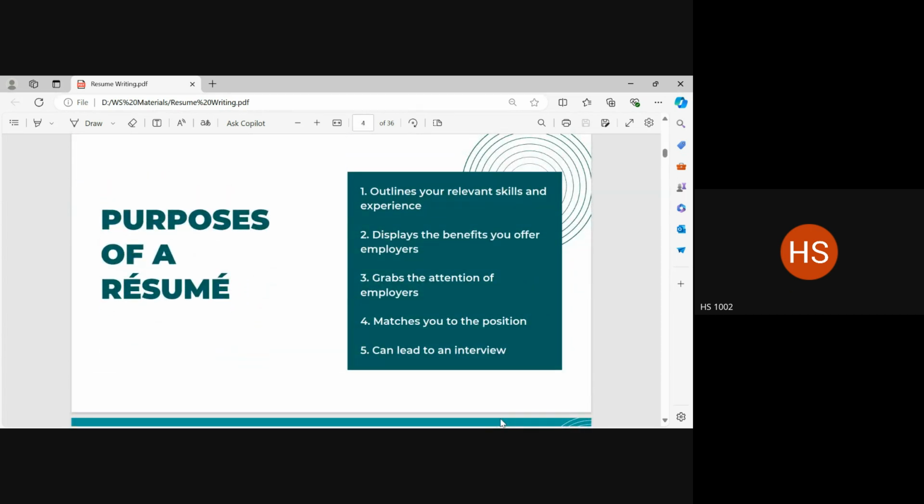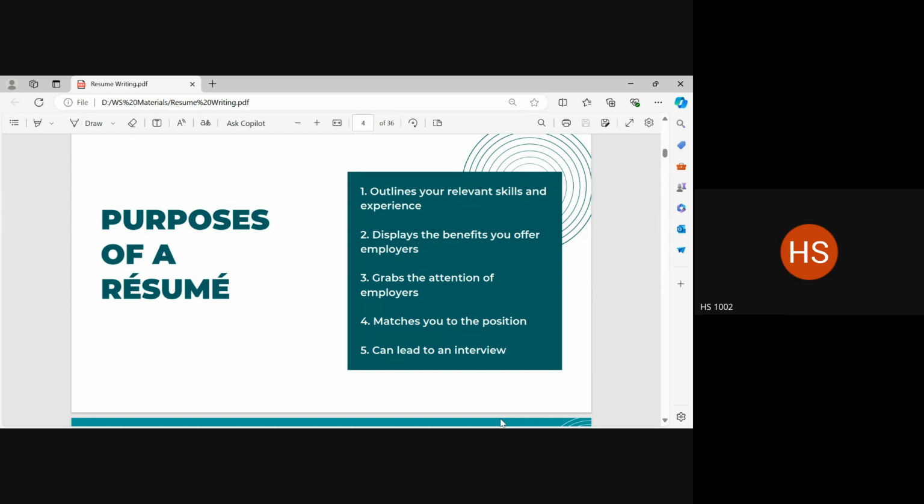What purpose is this kind of a communication going to serve? We already discussed that a resume is a very specific, a special kind of a communication skill. It's not any regular kind of conversation. It is not an oral communication. It is a very standardized business professional sort of communication.